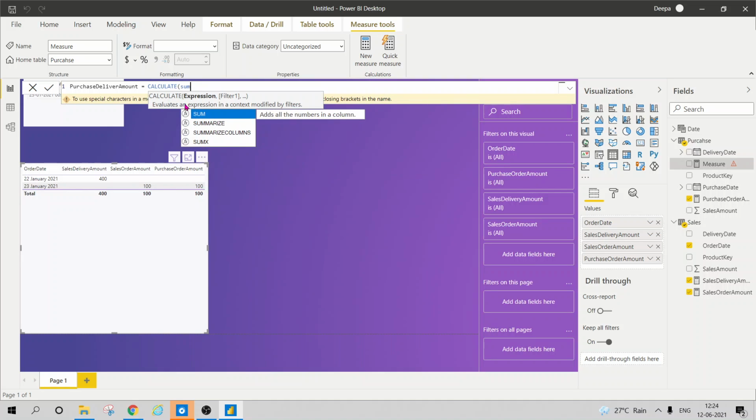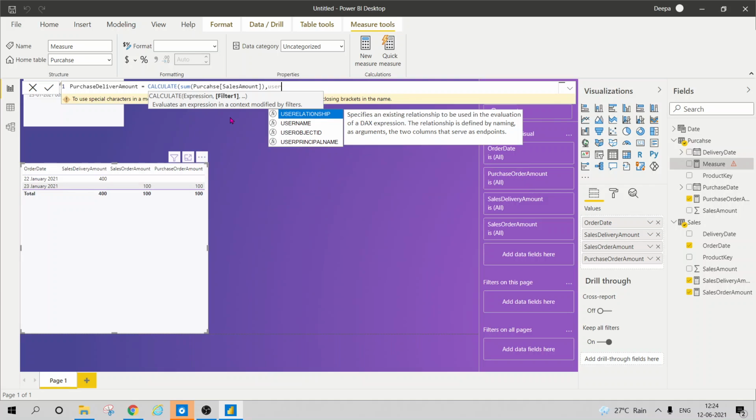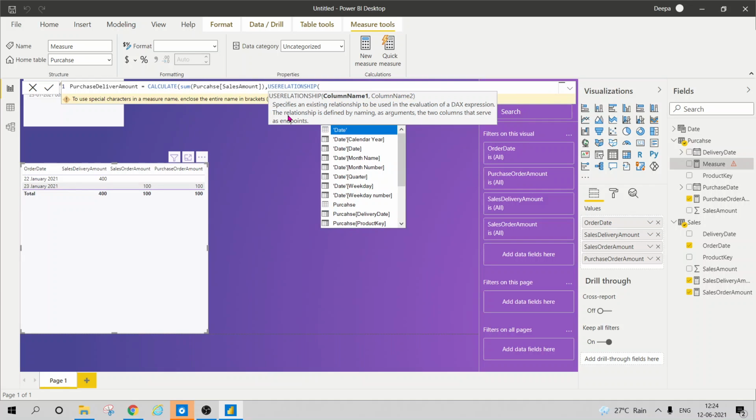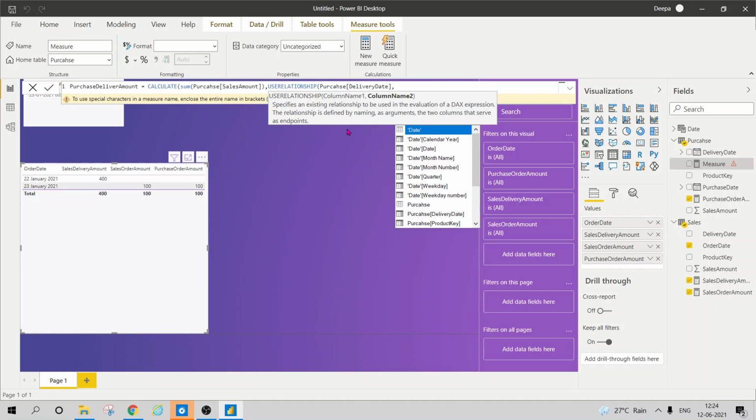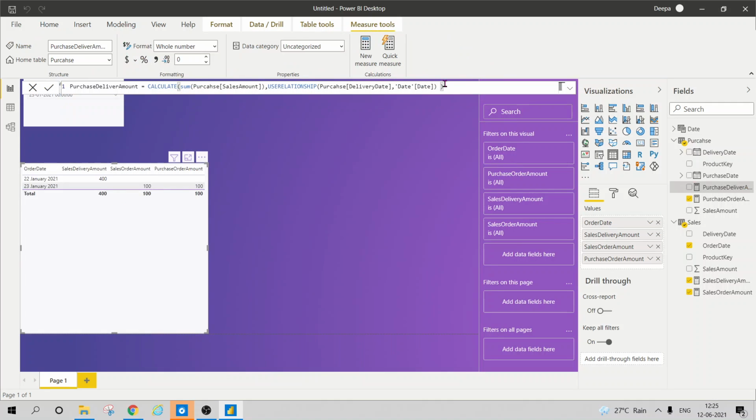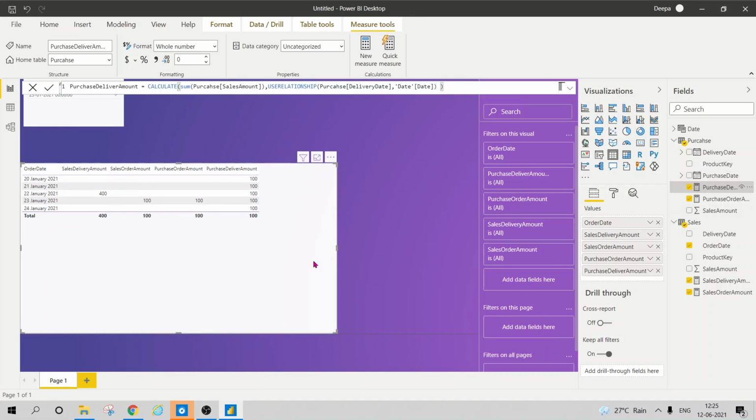The expression you should use is the sales amount, which we'll take from this purchase table, and use USERELATIONSHIP, with the relationship from delivery date for the purchase to date. Now for a single filter, this person is able to get, for one single date, how much the purchase delivery amount was, what the purchase order amount was, and what the sales order amount was.